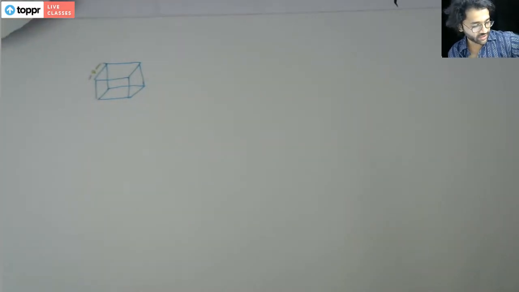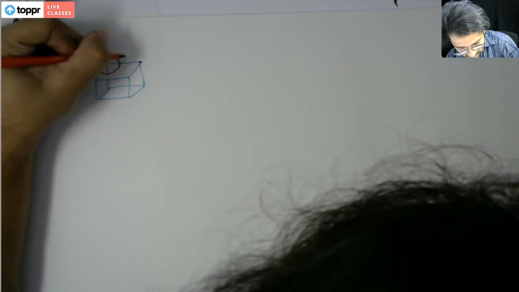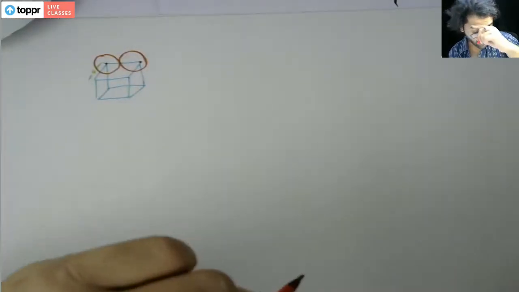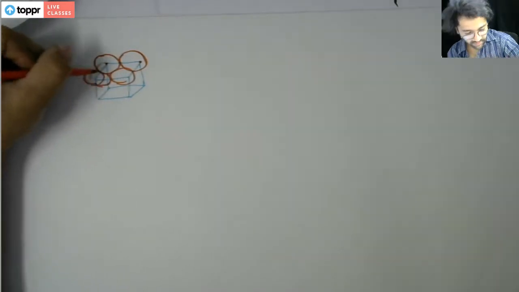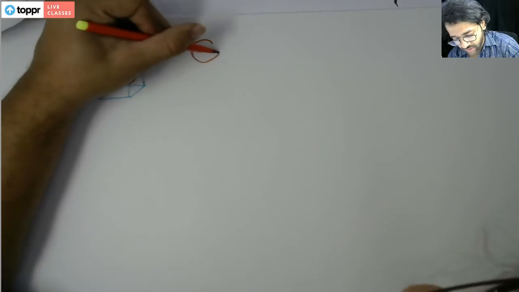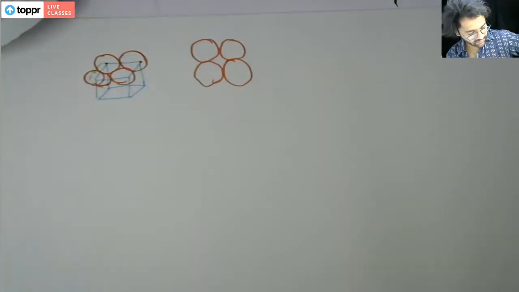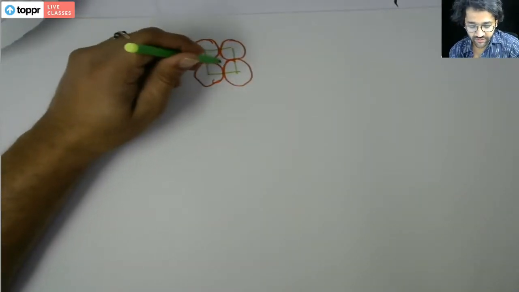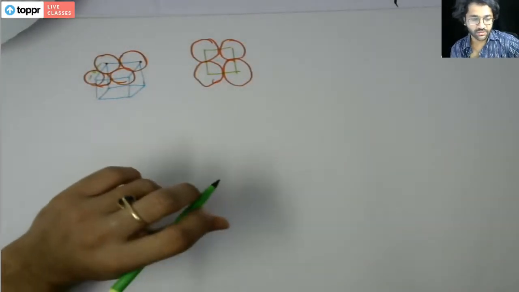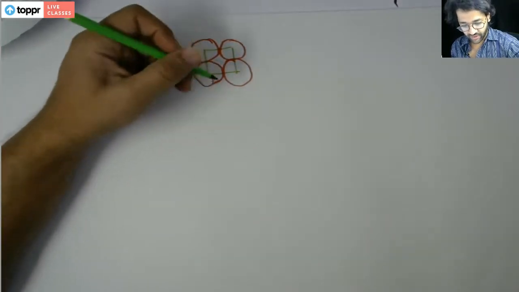Okay, and here I have some atoms placed on this and this point, one here and the other here. Similarly, we'll have one here and the other here. So if I look from the top, the arrangement will look like this, correct? As you can see, there is a void here. Similarly there will be a lot of void. So when we try to calculate the packing fraction, what we find is